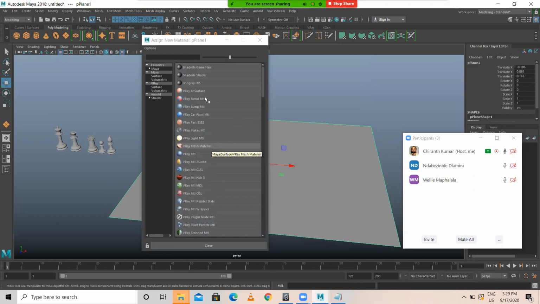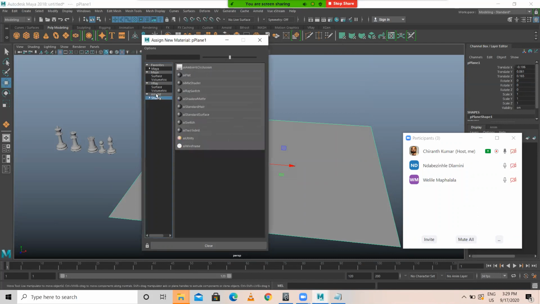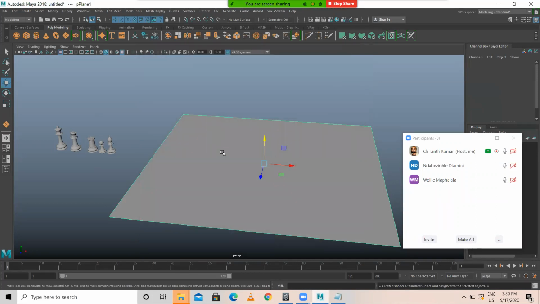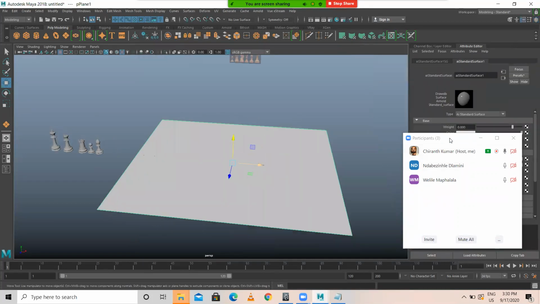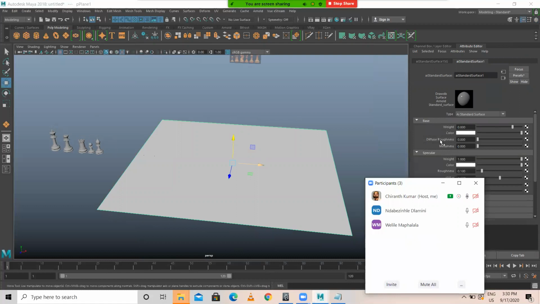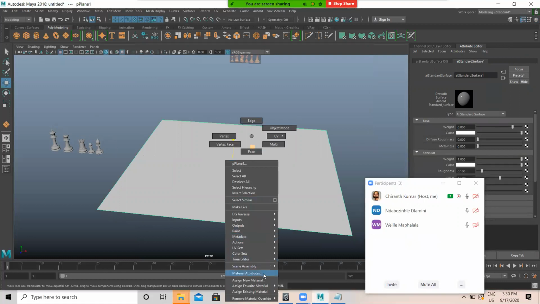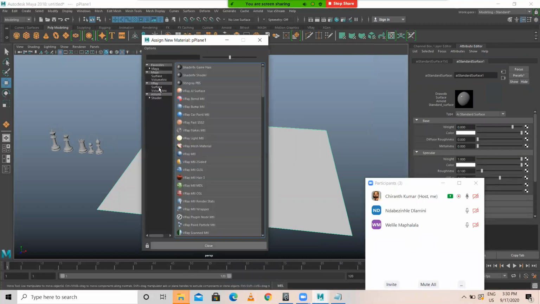So now here what I'll do. Anyhow, I have Arnold. So AI standard is there. I'll apply AI standard. Or else let me apply a simple Maya material, the default basic Maya material.